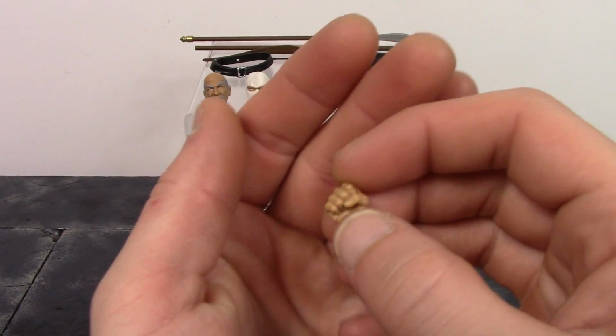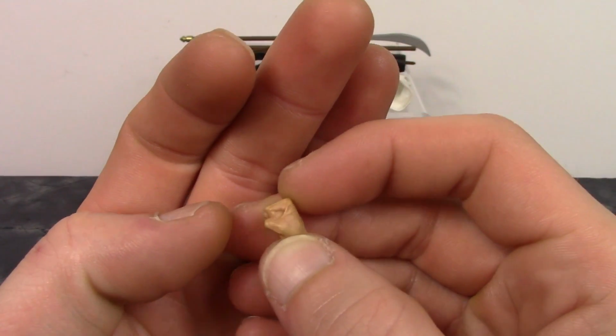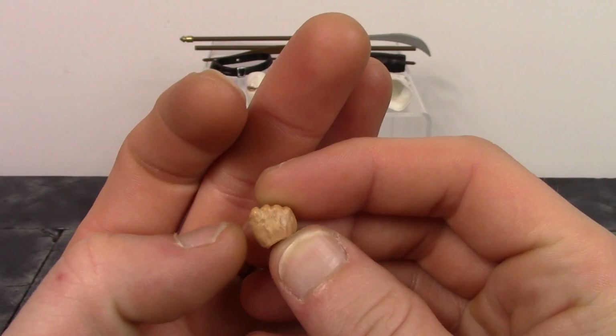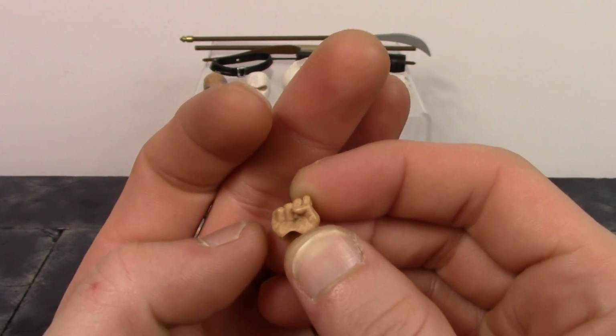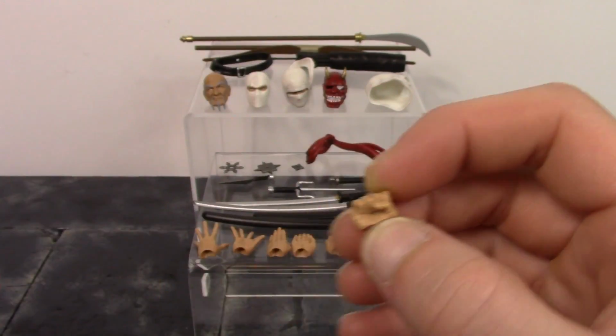So we do get a pair of fists, of course, which come on the figure out of the packaging, and very nice sculpt and paint shading all throughout these. Beautiful sculpt work. We get some sculpted veins on the top of the hands there. Very nice sculpt on the knuckles and the fingers and everything. So great job on the fists here. And all the hands are extremely easy to interchange, and that is always a big plus when it comes to